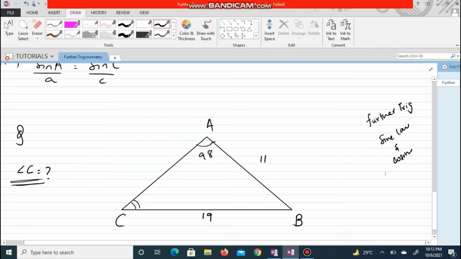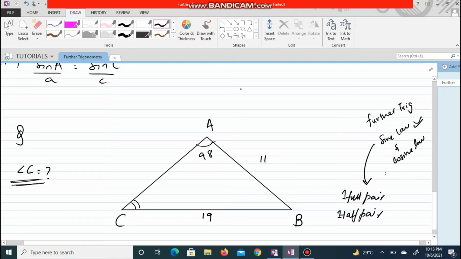So the question arises, which one do we put here, sine law or cosine law? Well, there are certain requirements for both the laws when to use when. For example, sine law is used when you have one full pair and one half pair. So that's when you'll put sine law. So let us see what is meant by that.